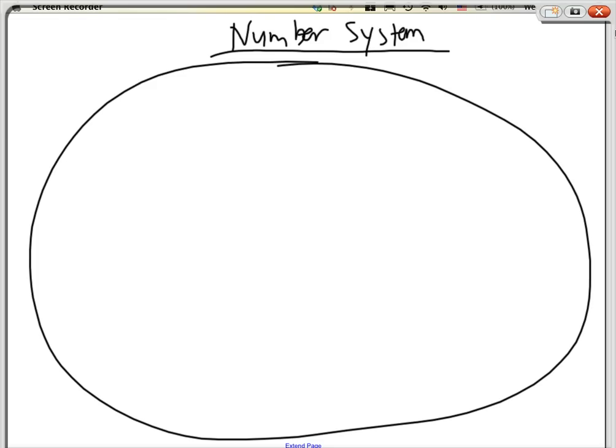And then when you go to 3rd, 4th, 5th grade, you start learning about decimals, fractions, and then when you go a bit higher, you start learning about square roots and stuff like that, right? And integers. Every kind of number that you've learned so far is inside this egg right here, and we call any kind of number that you've learned real numbers. Okay, so I'm just going to label that: real numbers. Any number that you've used so far in your life.